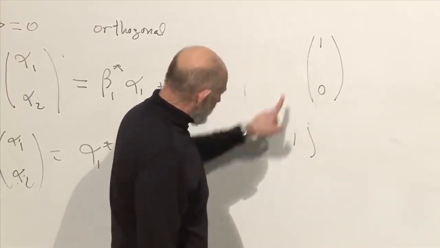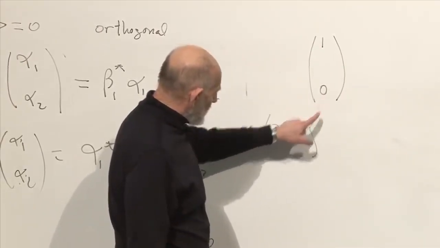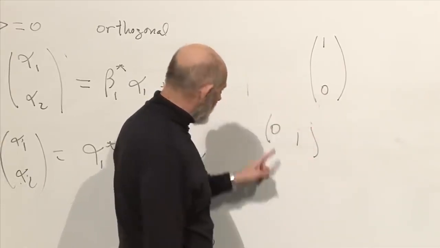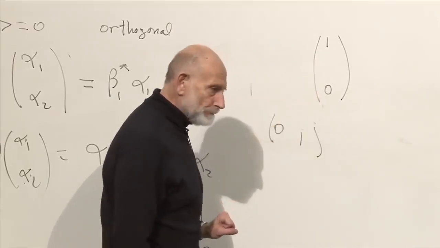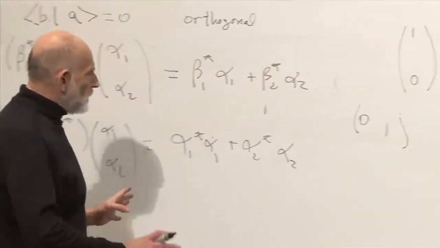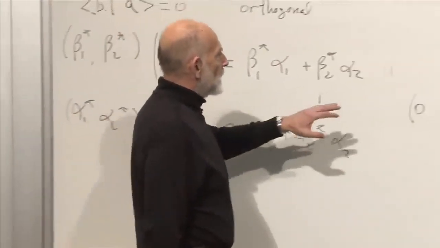This one has a 1 in the first place. It has a 0 in the first place. This one has a 0, and you get the idea. The inner product is 0 times 1 plus 1 times 0. Okay, so the two vectors,